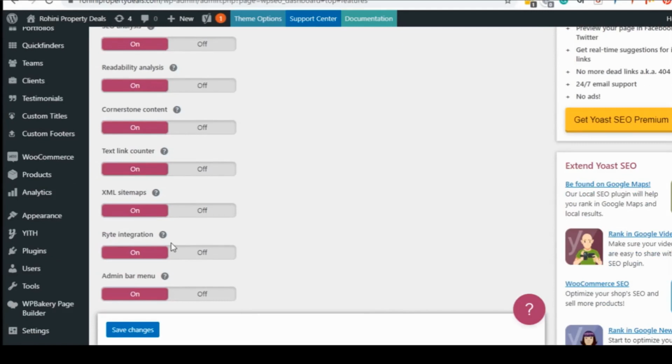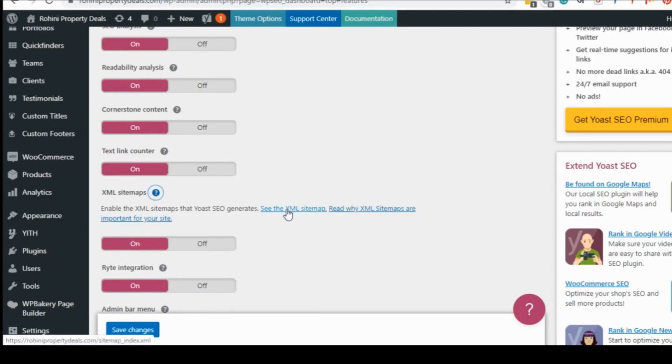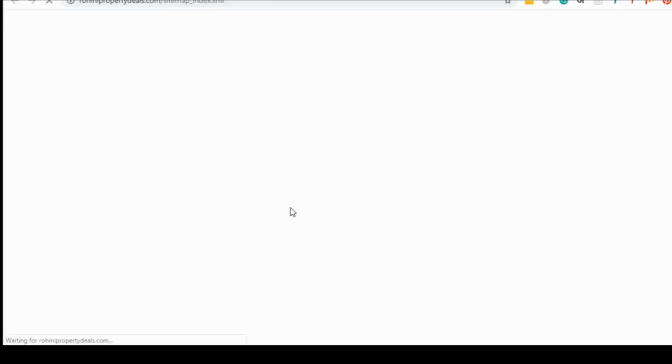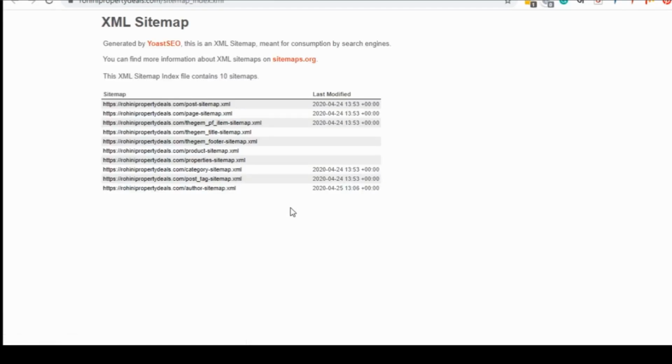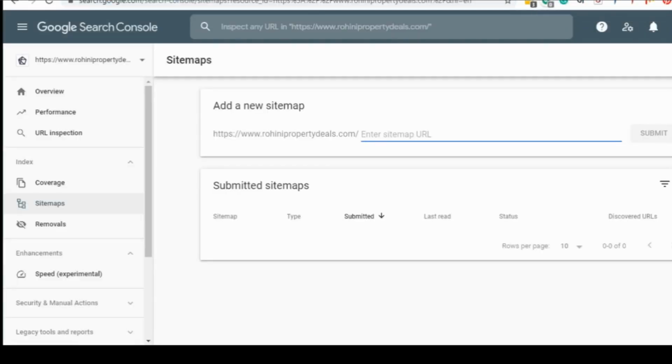Now you can see XML sitemaps. Click on this question mark icon. After that, click on this link, see the XML sitemap. As you can see, the XML sitemap for your website has been created. So you just need to copy this URL, and then return back to Google Search Console.